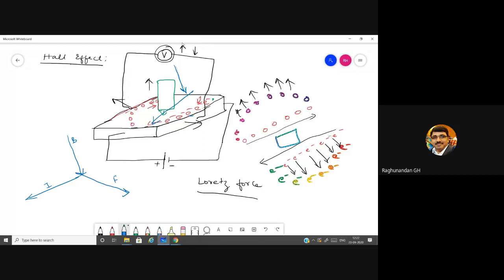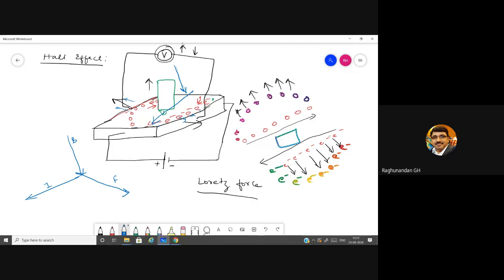So now what can you analyze? B means the magnetic bar. I means the current which was flowing in the semiconductor material. When B was introduced to the current, what happened? A force was applied on these charges. Because of that, these charges went to the extreme ends, hole charges and electron charges both.